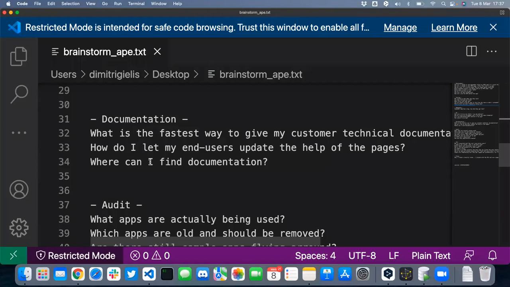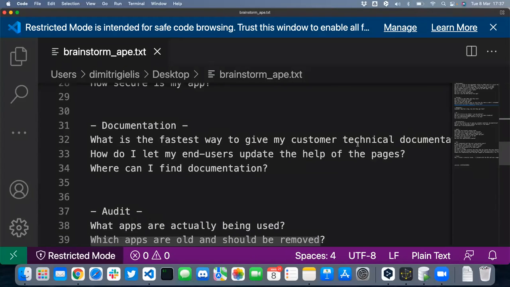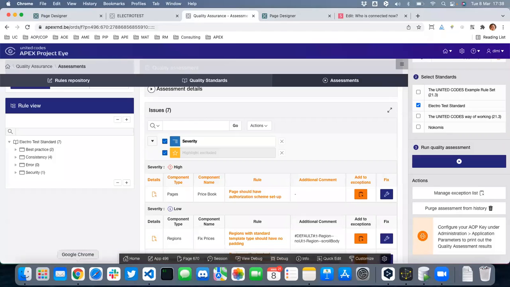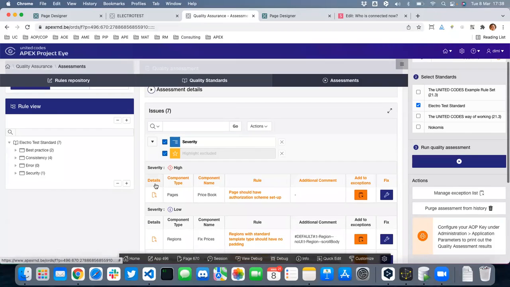This was actually the first thing where we wanted to use APE for. So what is the fastest way to give my customer technical documentation? How do I let my end users update the help of the pages? We already saw that. Where can I find documentation? So all those questions, if you follow